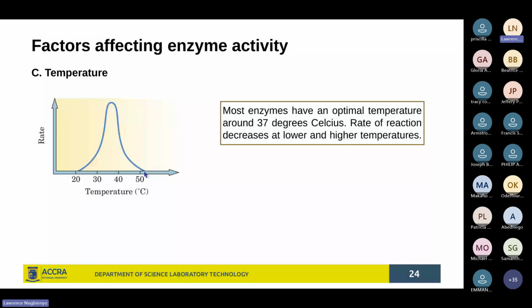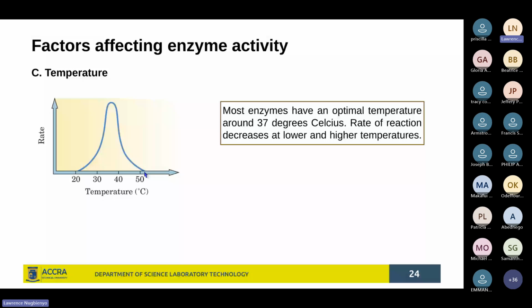That is why having your body temperature getting elevated, going beyond 40 degrees, is not a thing to joke with, because what it means is that the proteins in your body will begin to get denatured, and then you begin to have